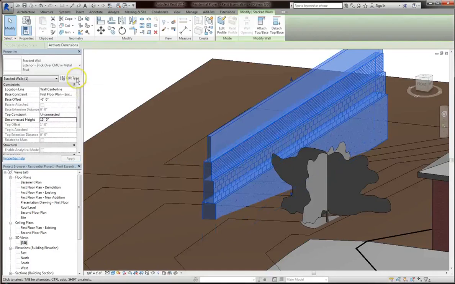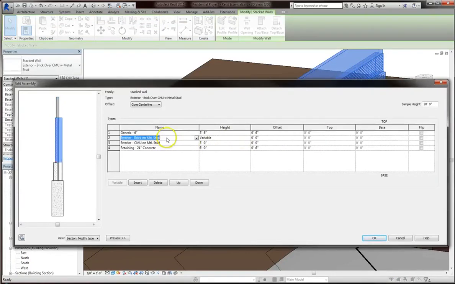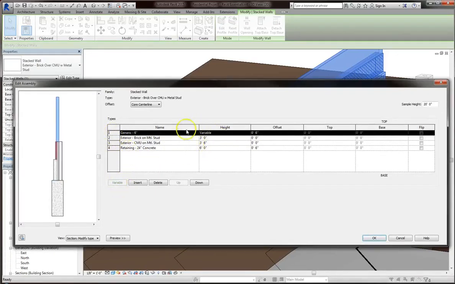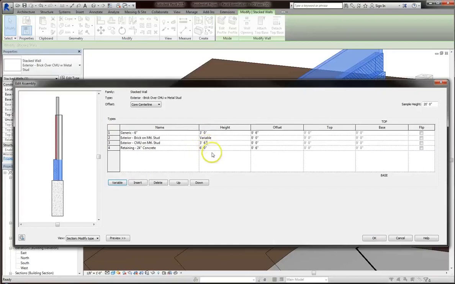If you go back to the Edit Structure section of the stacked wall type, that variable type is what will change when you adjust the height of a wall in your active model, and it will be assigned to one of the elements of your stacked wall. If you want to make another element of your stacked wall variable, all you have to do is click on that element, and then click the variable button below it. And you can keep switching them out as you need. The only 2 rules are that you must always have one variable element to your stacked wall, and the rest must have defined heights. So that's an introduction in how to